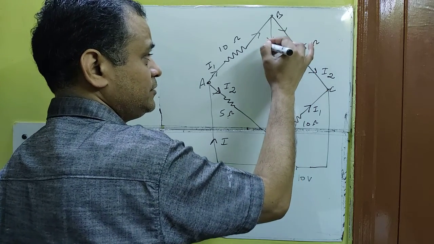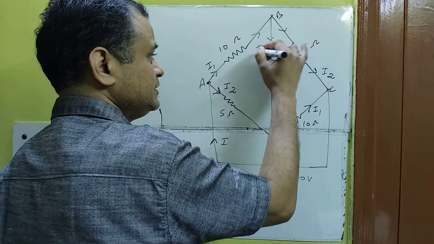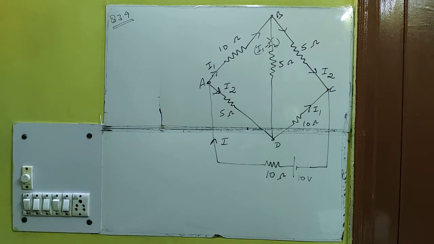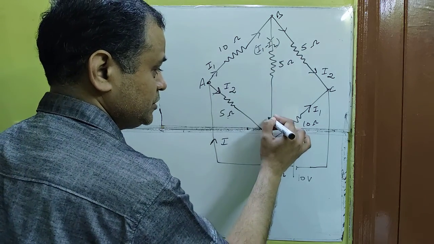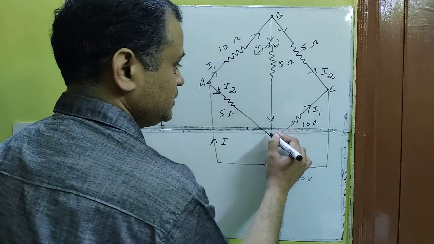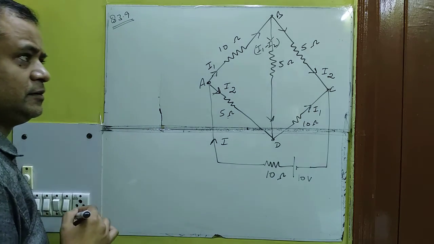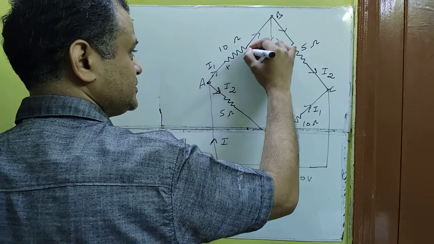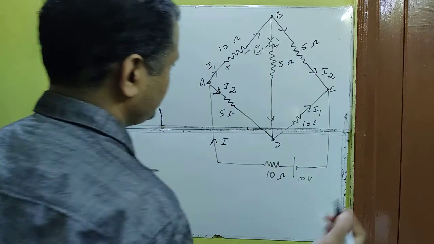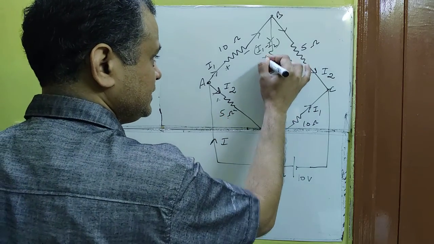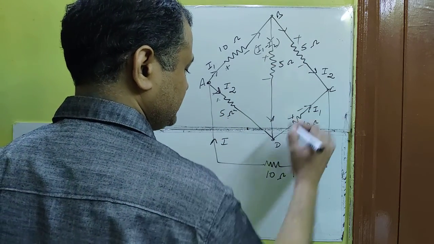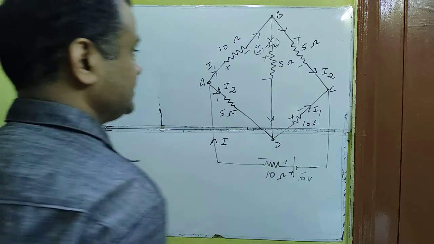So in this arm the current will be I1 minus I2. Okay, now this I1 minus I2 goes here, and this will be I2, and the sum will be I1. Now mark the diagram with signs plus to minus, the direction in which current is flowing. I already discussed this in Kirchhoff's law. Plus to minus, and here plus to minus, and here plus to minus, and here plus to minus, and battery plus minus.